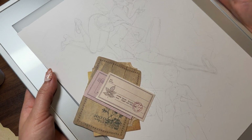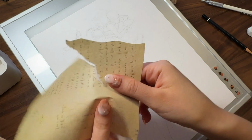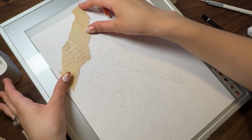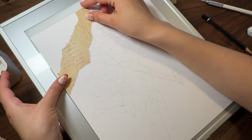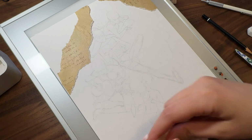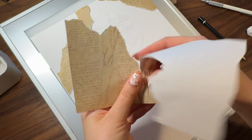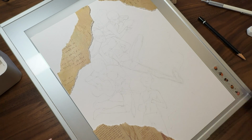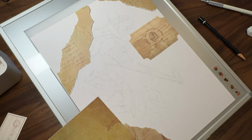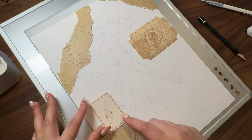It took several tries for me to get a nice, resolved composition before I could get to the fun part of the drawing, which is sketching out all the details. As you probably noticed, the base sketch was super simple. It was basically just placement and proportions, with very little detail. What you saw me do in the beginning there is transfer it. First I printed out the base sketch, and then I transferred it pretty loosely onto this nice piece of